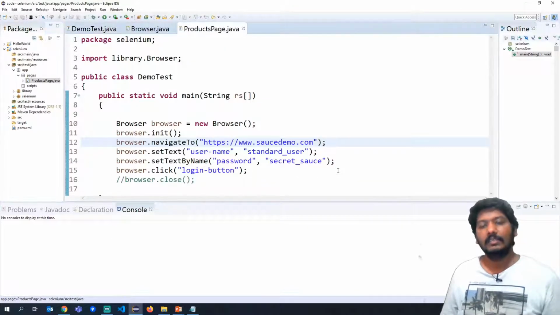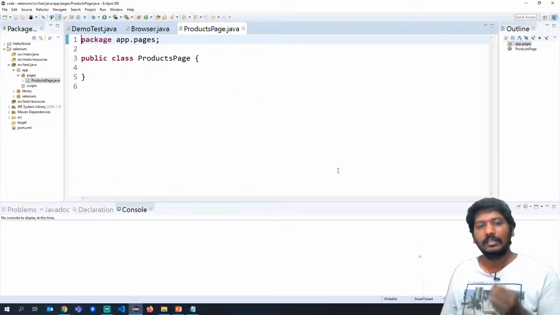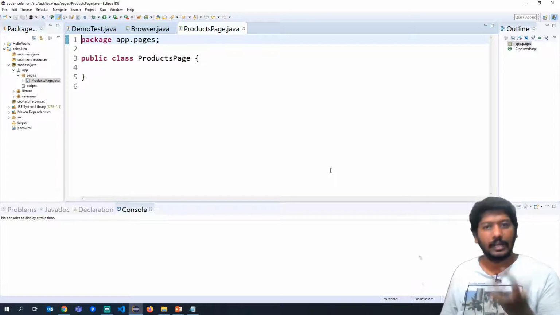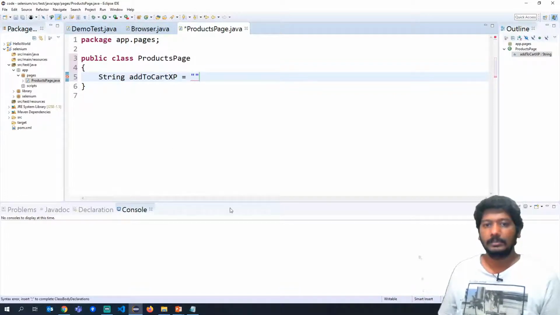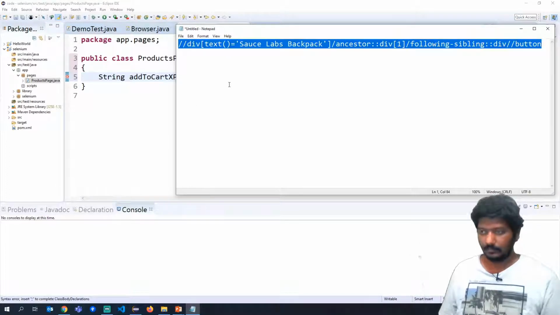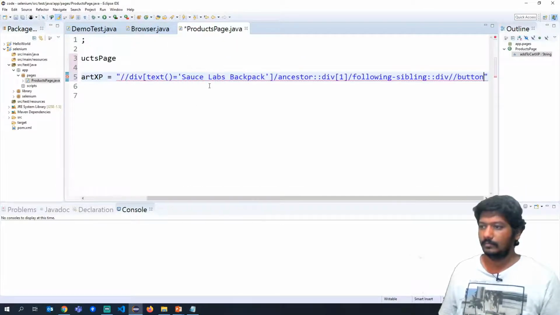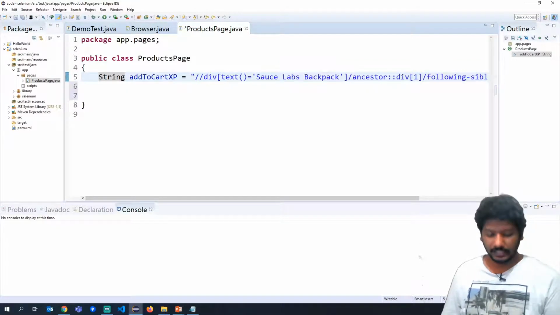As I said, we are creating this particular page class so that you can hold the XPaths of all the elements that are present in the products page. So here we will write one XPath called add to cart. I'll copy the XPath that we had. I will also put it as static.